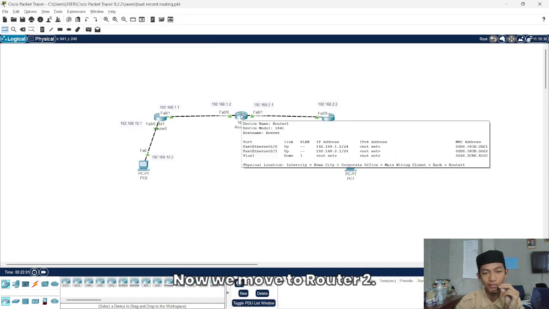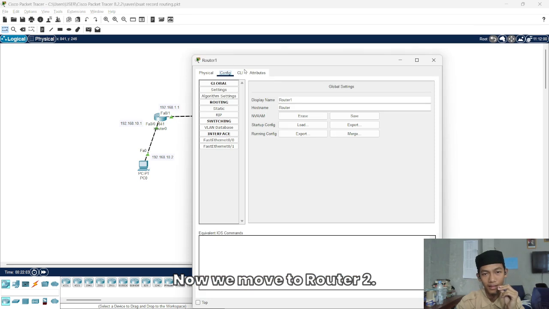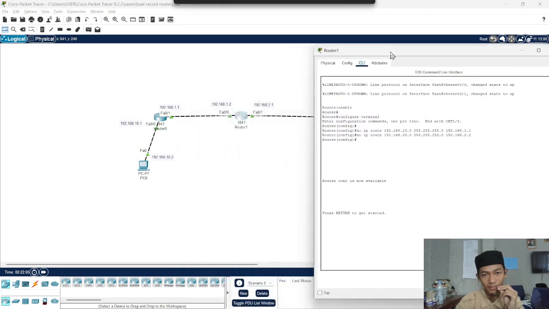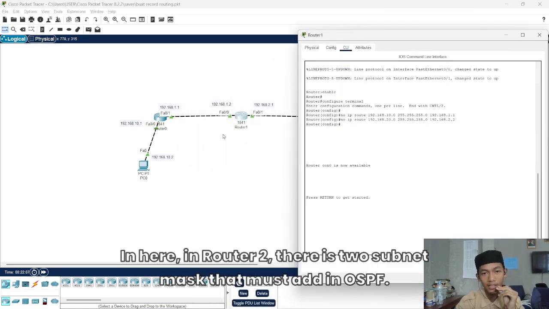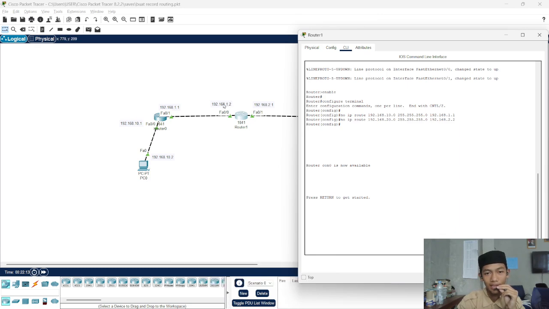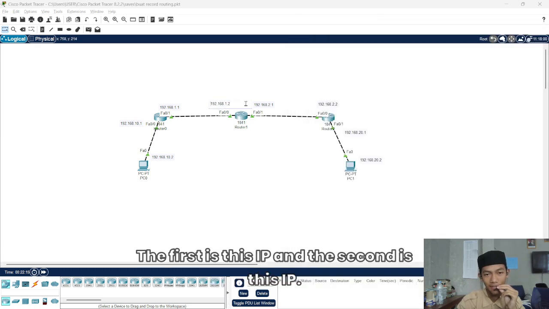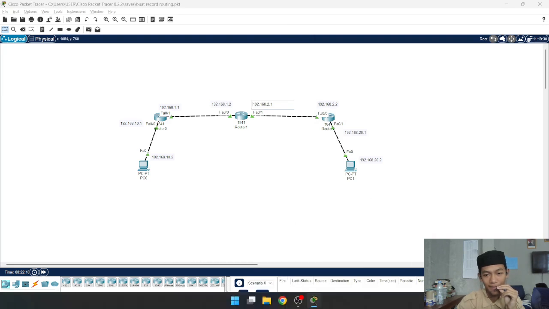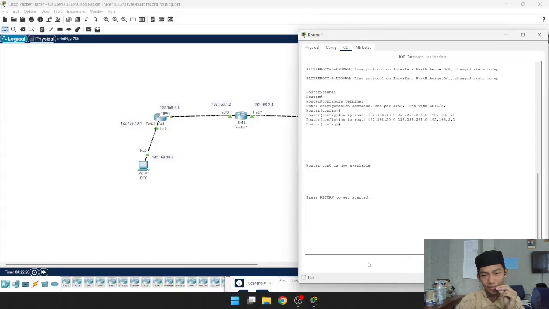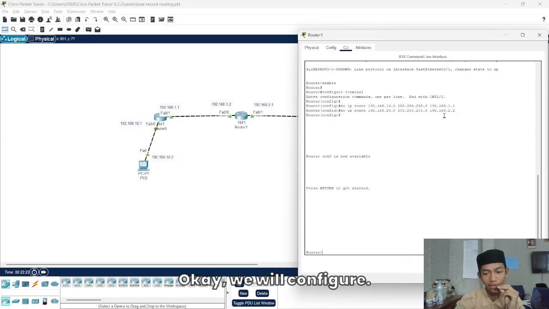Now we move to router 2. Here in router 2, there are two subnets that must be added to OSPF. The first is this IP and the second is this IP. Okay, we will configure.